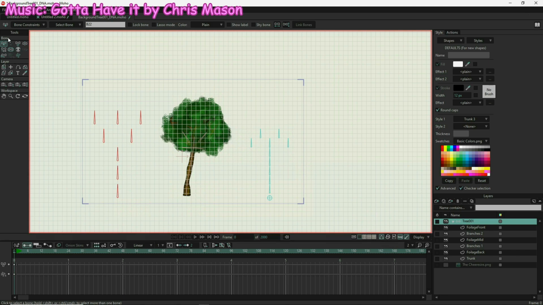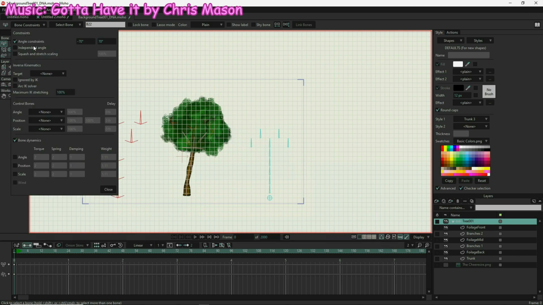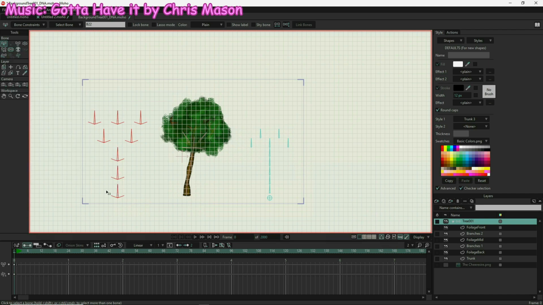So now we want to put constraints on each of these, and I use the standard -70/70 when I'm doing my digital DNA. That gives me 141 variances on each of these bones, so that I can put them each in 141 different positions. We need to name them, so this is going to be foliage 1, DNA,